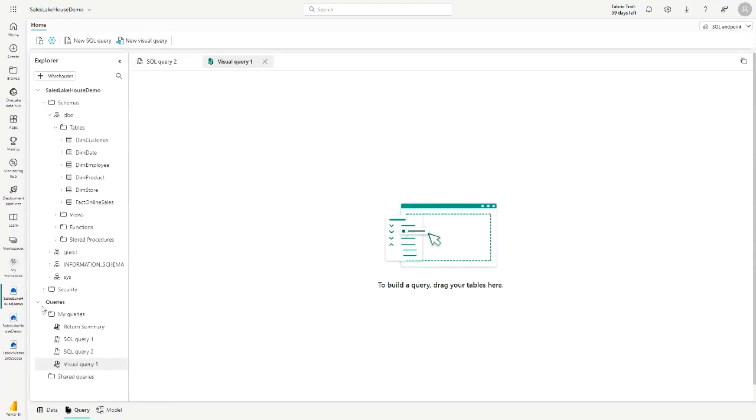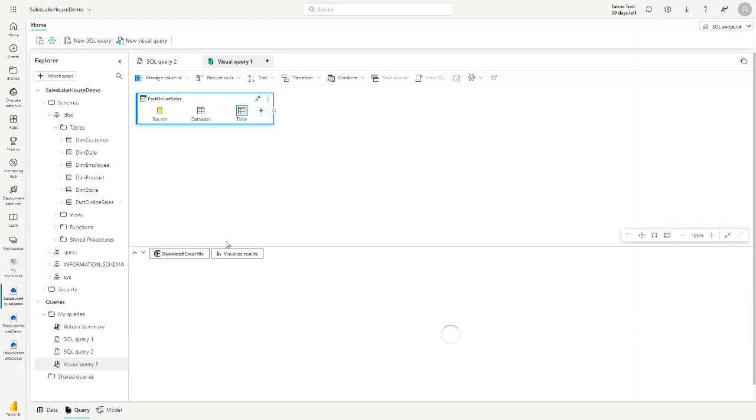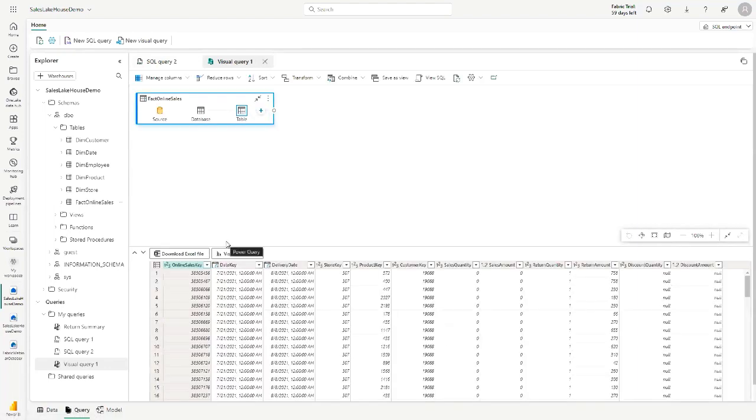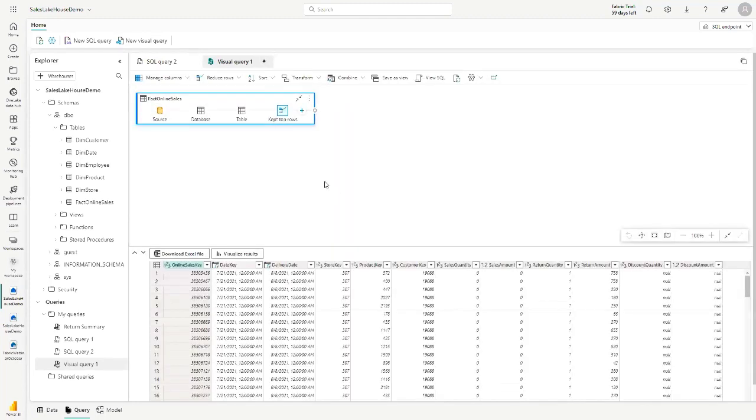So if I just want to drag things over, look at that. Any of you who've used tools like SSIS, Informatica, any of these tools, even Tableau Prep, just dragging things over. And then I can use this to transform my data. So I'm doing Power Query Online. Okay, so I can go ahead and say, hey, reduce rows. You know what? Just give me the top 500 rows. Look at that.